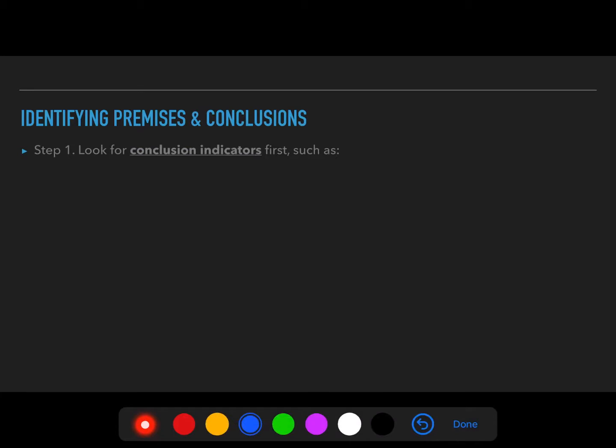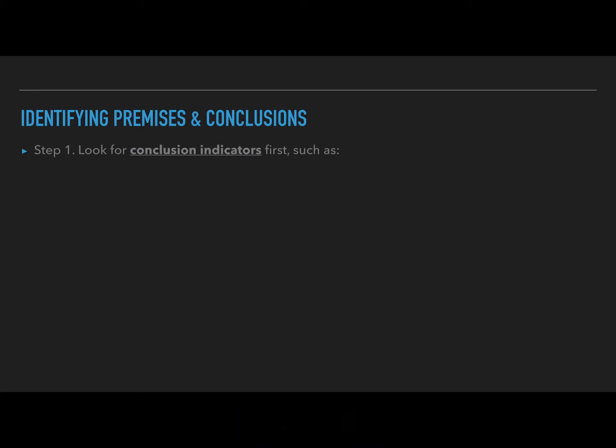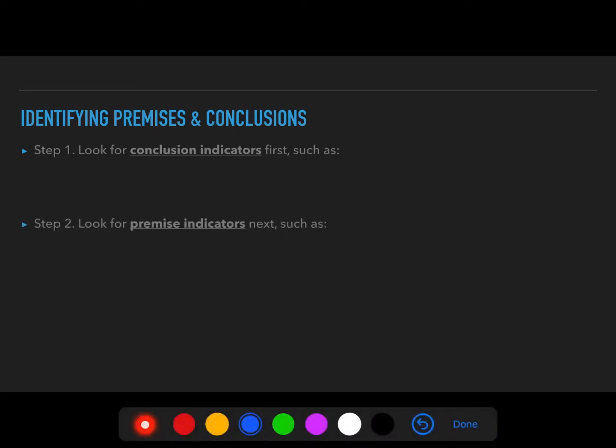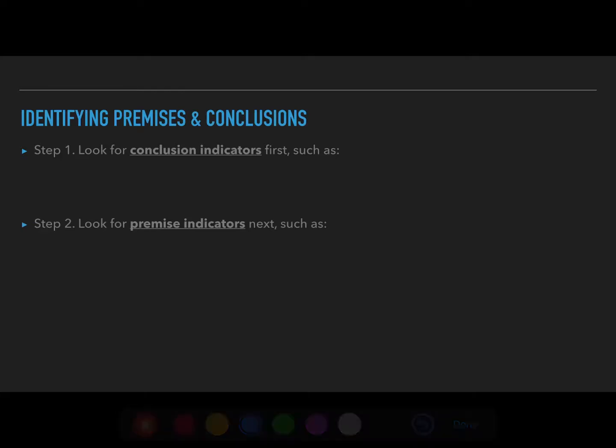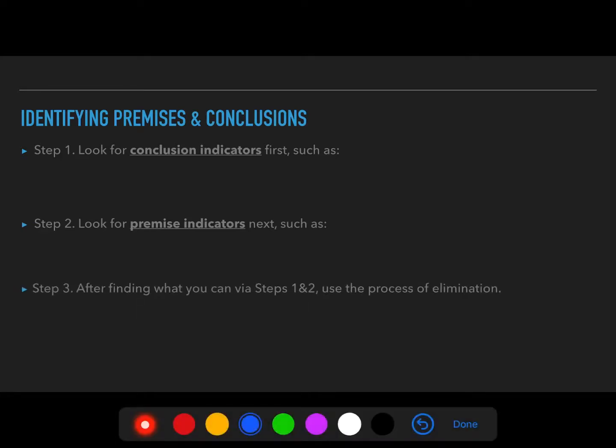I already said that you should look for conclusion indicators, and you should look for premise indicators. Okay, we were going to make a list of some of those for you. But let me just say that it's a good idea to start by looking for the conclusion first. That's why I have that as step 1. Because you only have to look for one thing at a time if you're looking for a conclusion. Usually there's just one main conclusion. But if you started by looking for premises, you'd have to look for a lot of different things at once, because there's usually multiple premises. So I'd suggest looking at conclusions first.